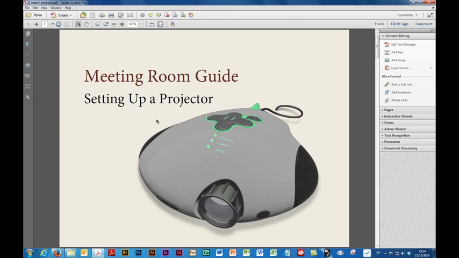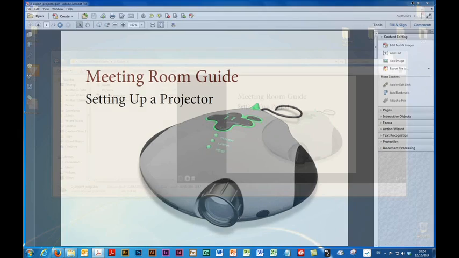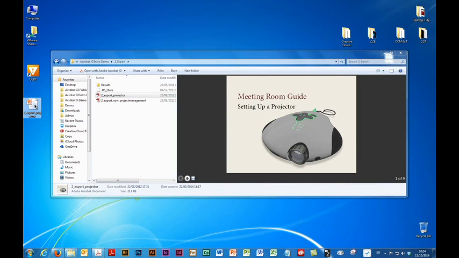What Acrobat will do is it will go through the entire document and identify all the editable elements of this particular file, and also try and identify repeating elements within the file that might lend themselves to things like master pages and other layout features in the resultant PowerPoint file. So I'm just going to minimize Acrobat for a moment, pop to my desktop, and we'll see we've got a PowerPoint file here, which when I open it,